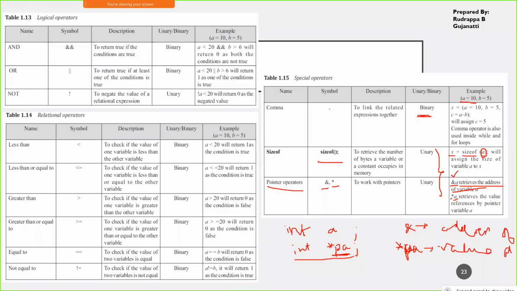In this case, you are declaring a pointer. If I have to assign an address to this, I can assign the address of A, ampersand A. That is what you are looking for. When you are using it in expressions, you can read it in this form.